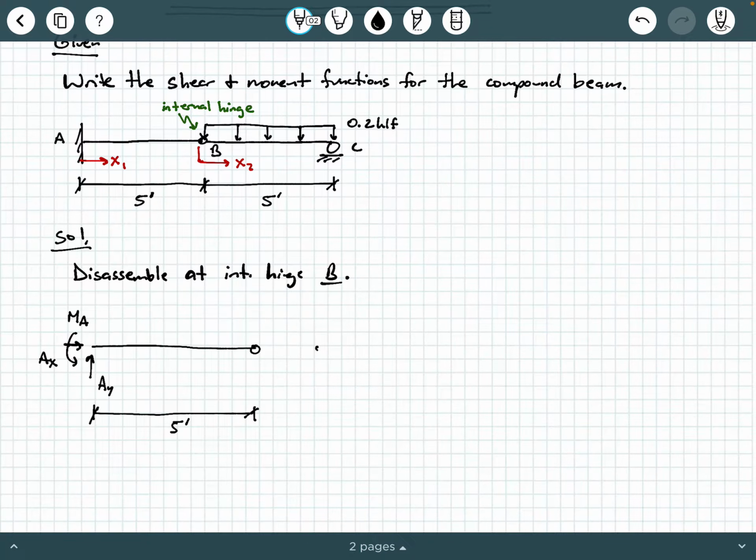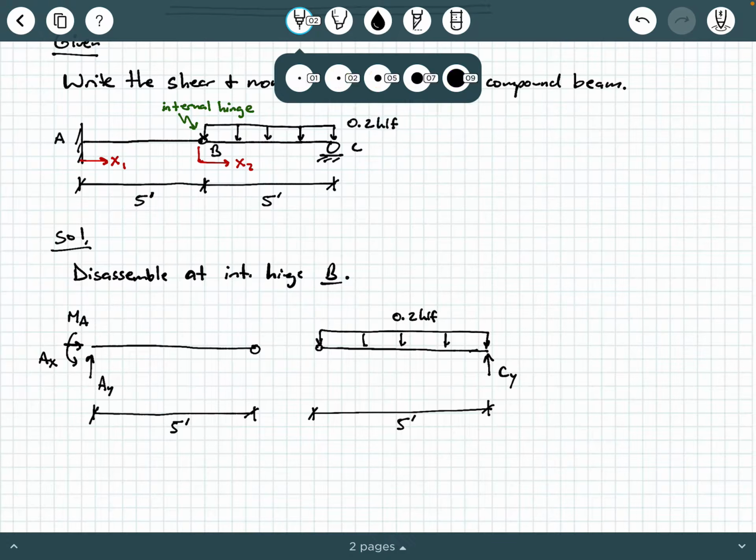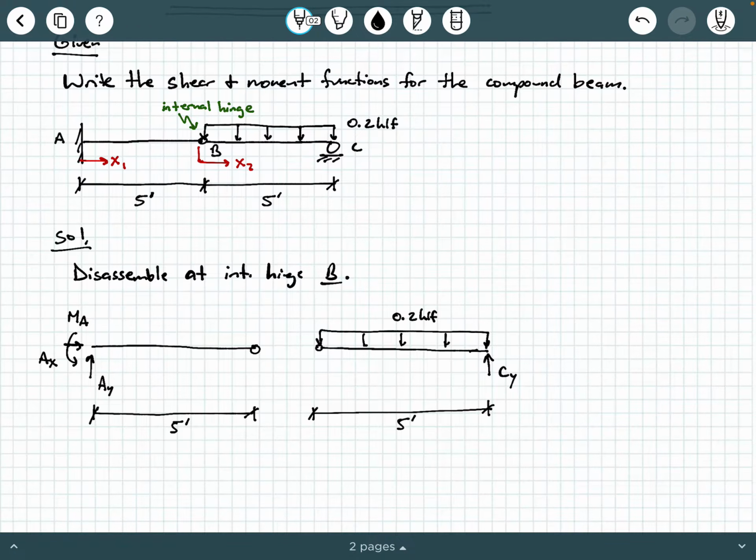And then I've disassembled at the internal hinge B. And on the right 5-foot span, which is also 5 feet long, I have that 0.2 KLF that is spread out over that span. And then at point C, I have a vertical reaction. Now, what's happening at this disassembled internal hinge? Well, remember, an internal hinge can support forces but no moments. So I can support a BY